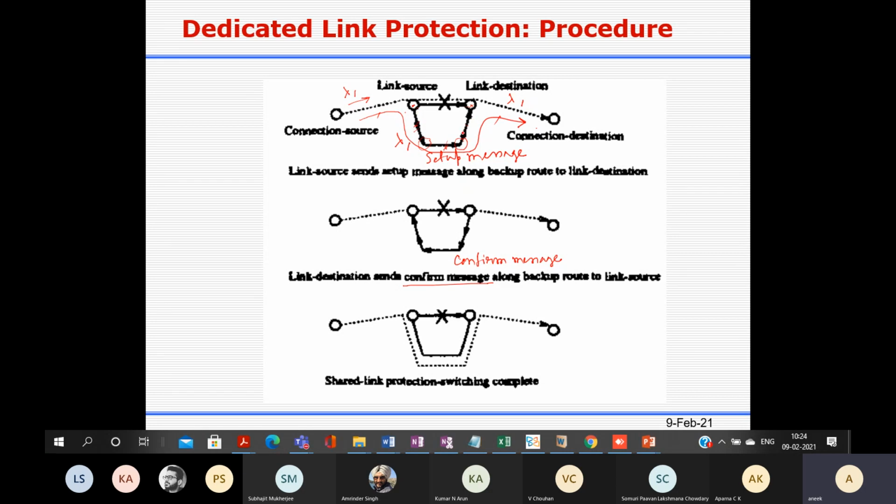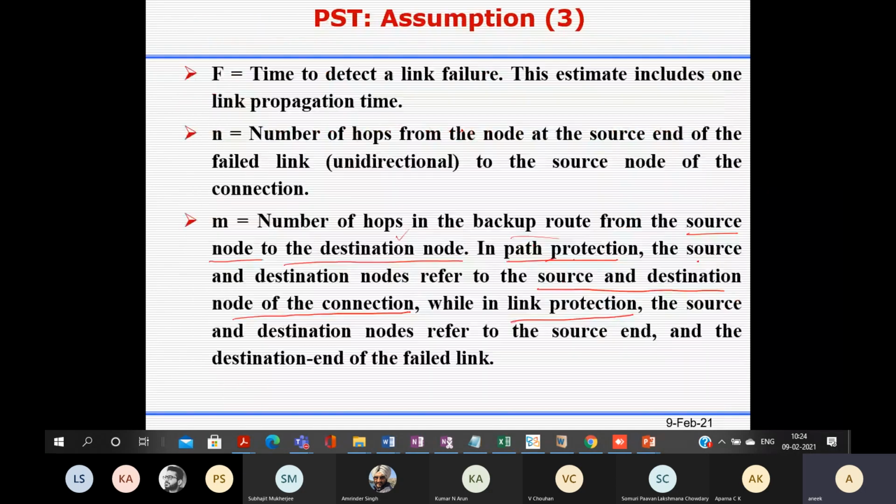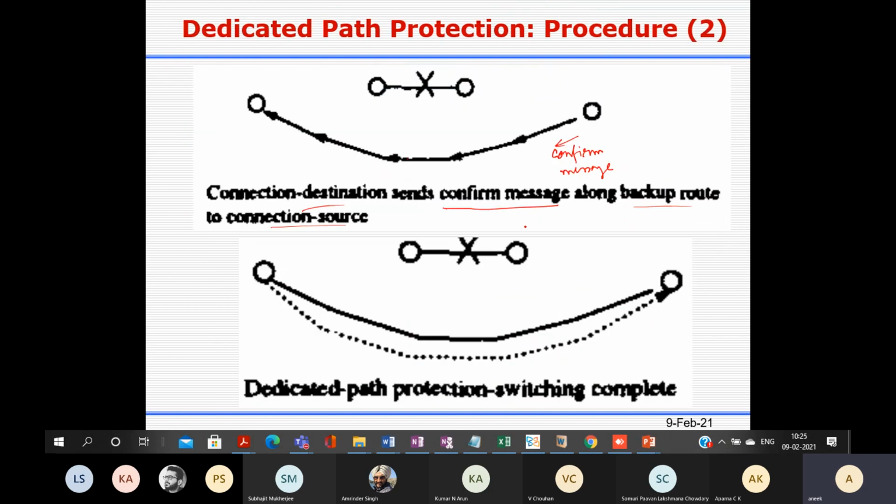What is m? It is the number of hops in the backup route from the source node to the destination node. Since it's link protection, in link protection the source node and destination node refer to the source end and the destination end of the failed link.